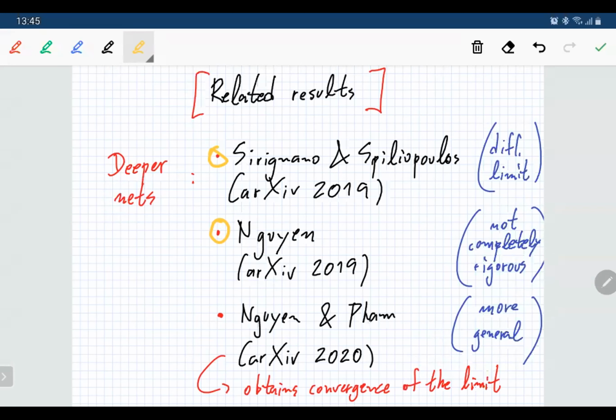And then there's a later paper this year by Nguyen and Pham, where they consider a more general model of deep neural nets than we do. So they can consider dependent initializations. If I understand that paper well, it's not yet completely general in some sense, but under certain conditions, and there's actually a more recent preprint where they sort of finish that proof,